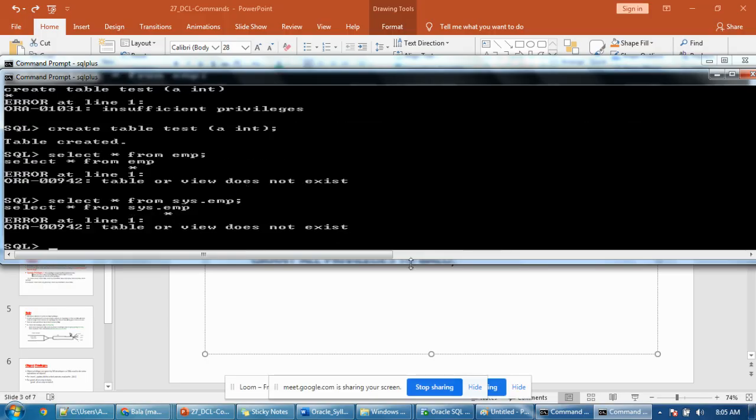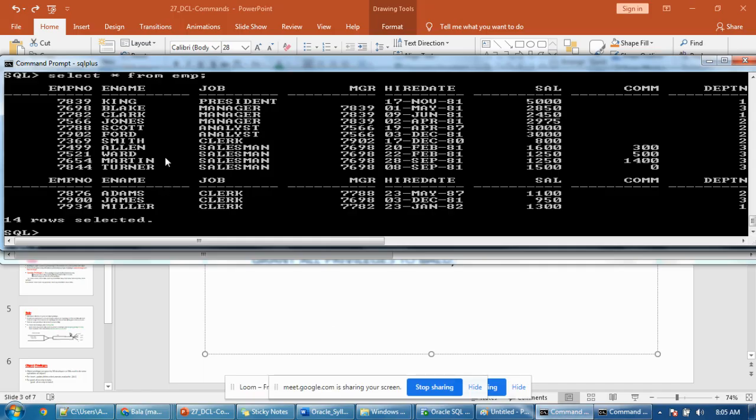So what do we have to do? If you want to access another user's table objects, you should have rights on that particular object. How will you get that? That particular user should give their rights to you. Then only can you access the data on that object. How will you give it? Simply we will give grant